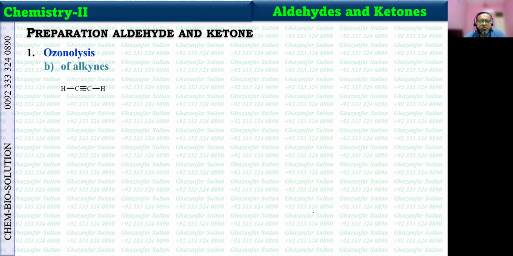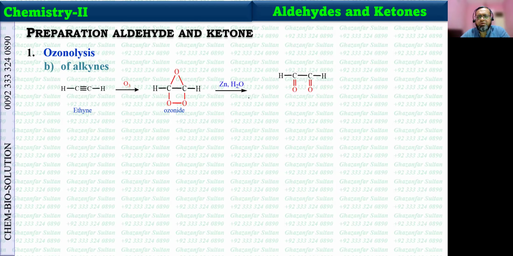This is the ozonolysis of alkyne. When any alkyne, such as ethyne, is treated with ozone, a different type of ozonoid is formed where the carbon-carbon single bond remains. And in the next step, zinc and water react together to produce, as this carbon is the same, there is no cleavage of the carbon-carbon bond, and we produce this